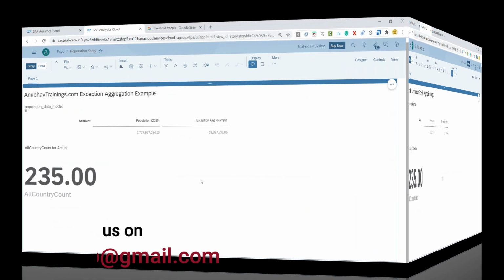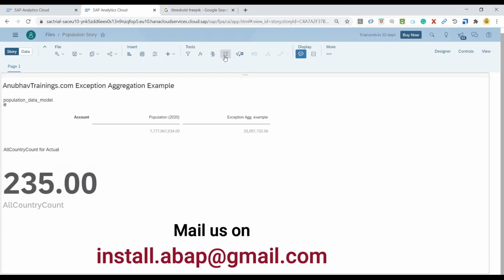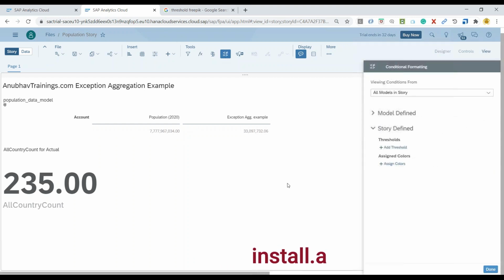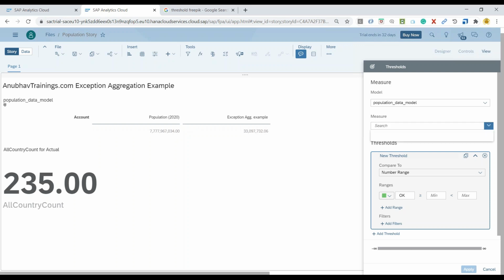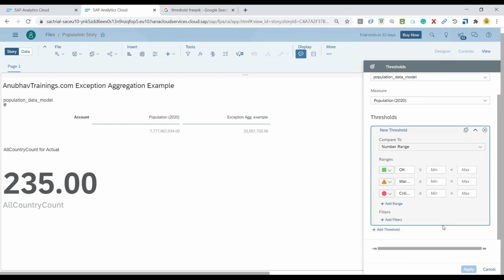So let me switch over to the system. What I can do is click on this nice button called conditional formatting, and we can add a threshold over here. So I switch over to threshold and choose my measure. I choose population as my measure to define the threshold, and I can start defining the ranges. For example, I would say anything which is below 20 million. You can also see at the bottom this nice bullet chart, which indicates the current value you have considered here. The moment I'm changing the value, it's reflected over here. So I'm going to keep it at 20 million.